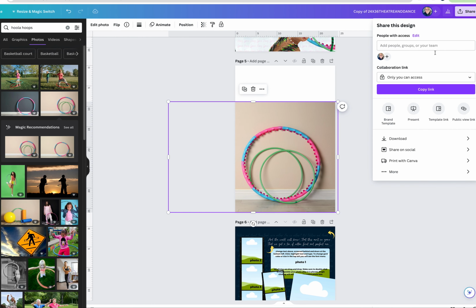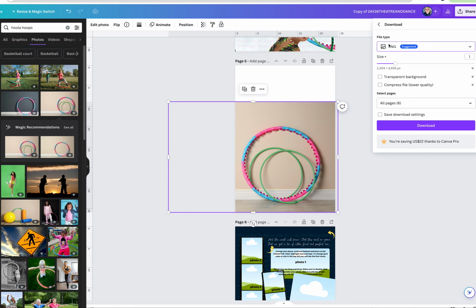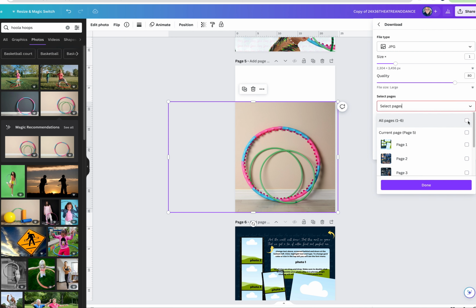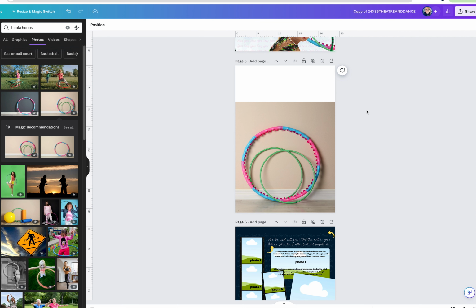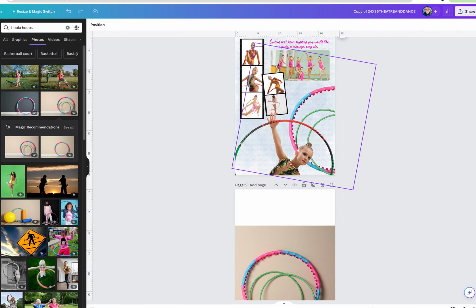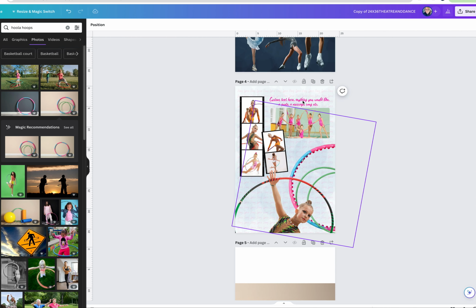I went to share, download, JPEG, and I only want to select the page I want to download, and that is page 5. And I downloaded it, and then I ran it through Adobe Express, and I took the background out. And then I brought it back by uploading it and dropping it into where the program box was. And then I had an element instead of adding another picture there because I thought it was too busy to put another photo there. So that's a unique idea that you can use for anything that you have going on: